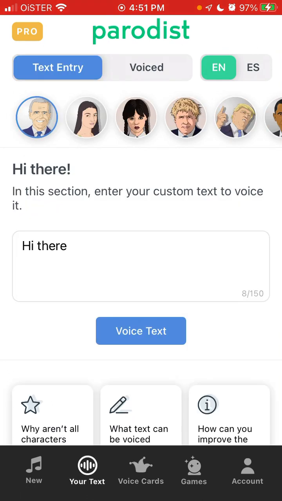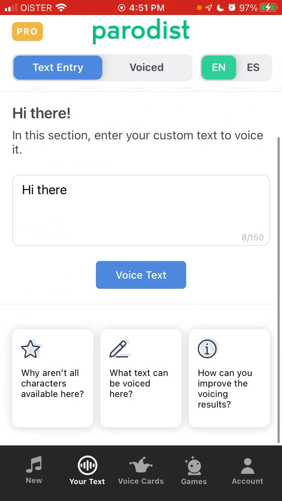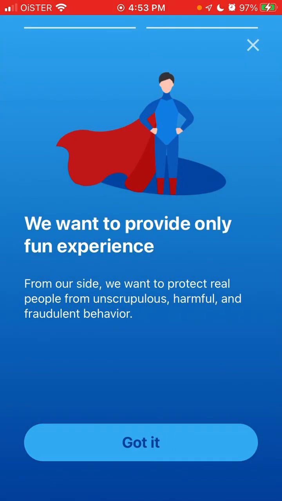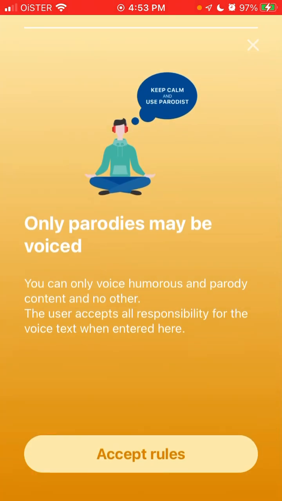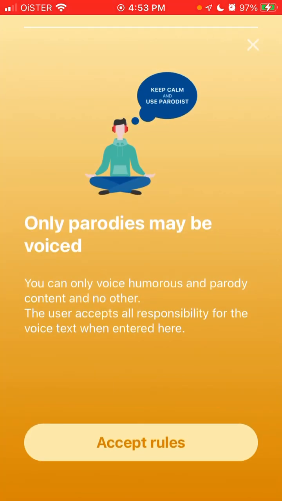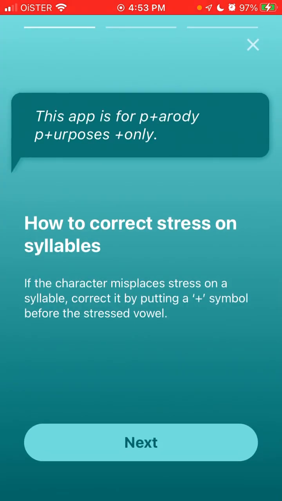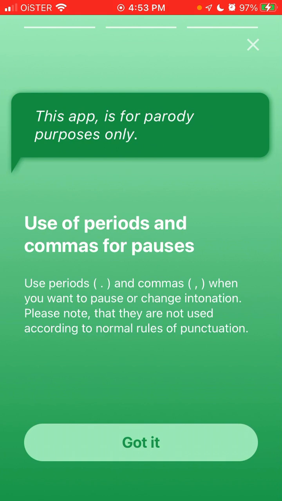And then there is your text. You can enter that. We want to protect real people, so only text that passes moderation may be voiced. Then again, you can just improve the voicing results.